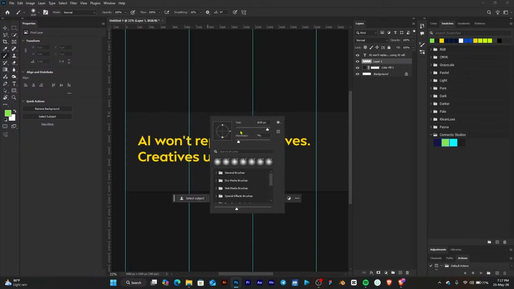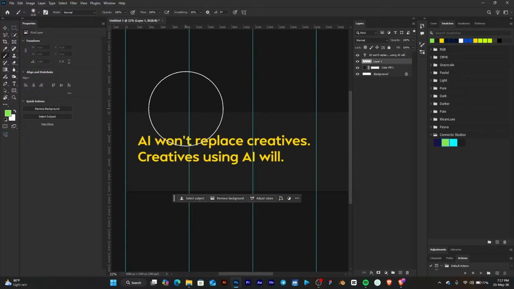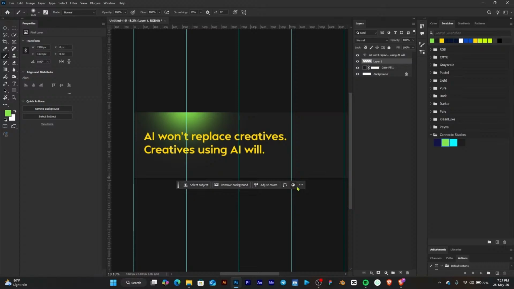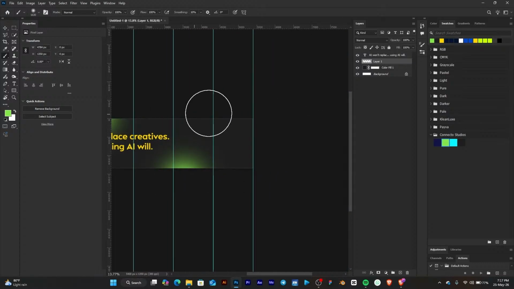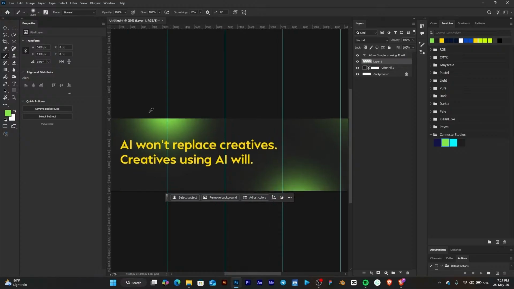Now I will set the hardness to 0. So you just right click to bring out your brush options, and then I'll make sure the hardness is 0, and then all I have to do is just click on a few places. So this is just a basic layout. We'll go into more complex ones before we round up with this season. Okay,